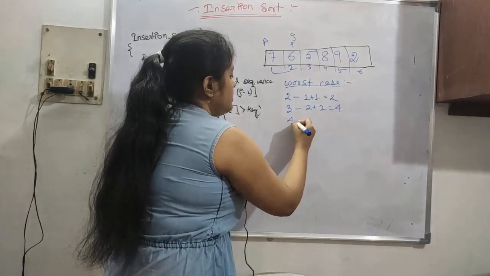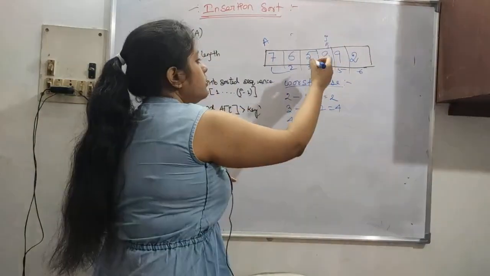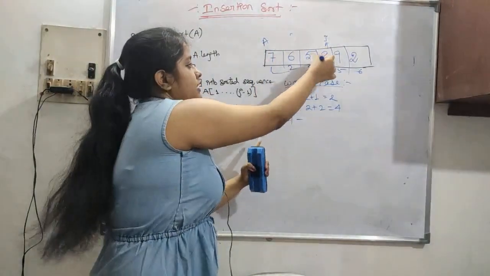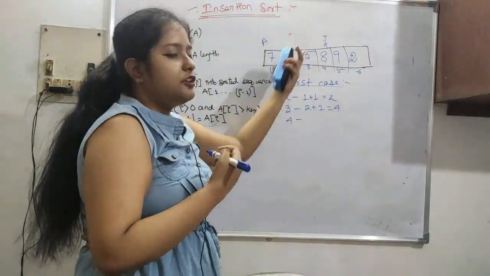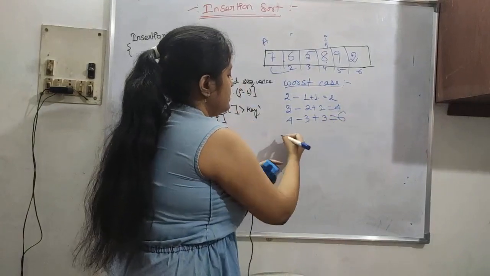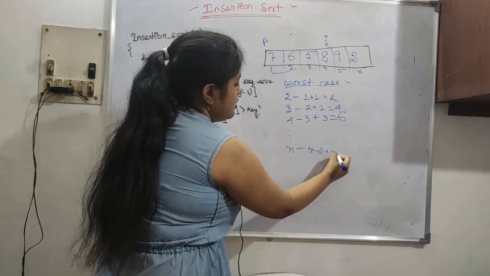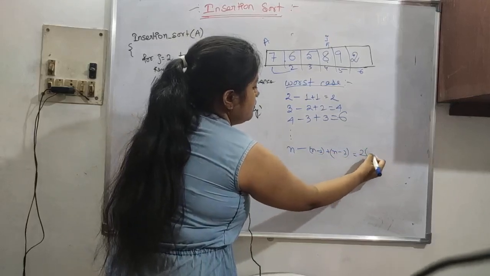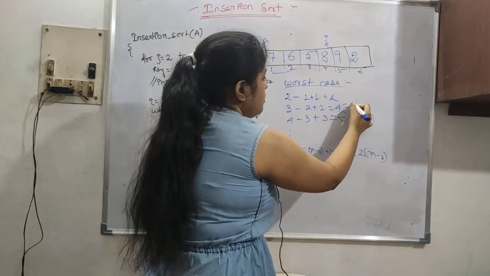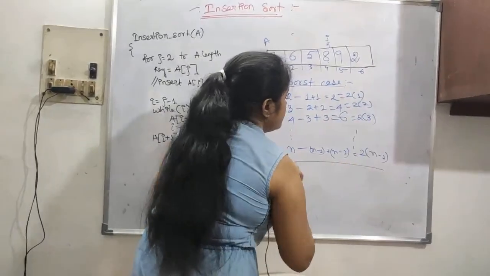Now when j is 4, we can have at most 3 comparisons, three times we have to compare with this element, and 3 movements in the worst case. So 3 plus 3 is equal to 6. Like this, for n we have n minus 1 plus n minus 1, that is 2 of n minus 1. So we can write it like this: 2 into 3, 2 into 2, 2 into 1. So we add all of this.